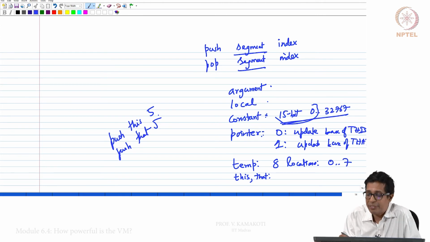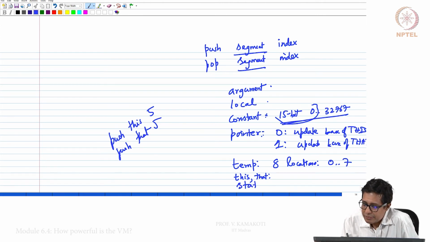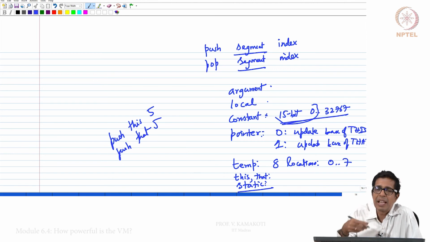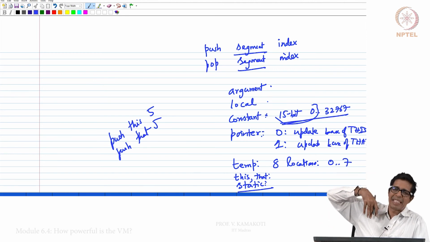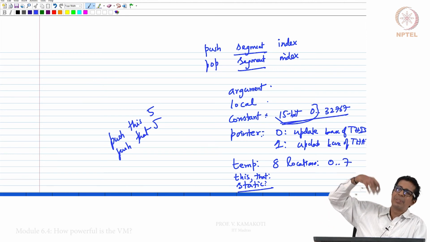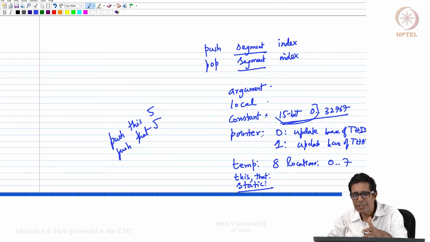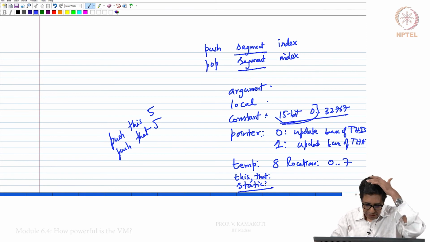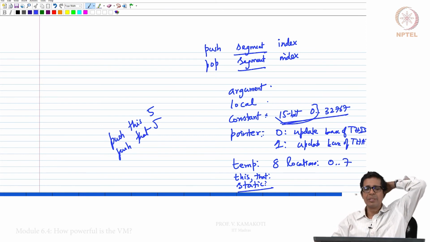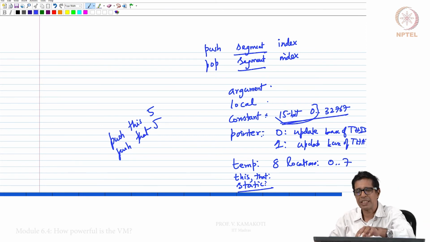Then I could also have static, because as a function I would have some static variables. Static variables will be stored separately. So essentially you are now seeing 8 such segments, 8 such things that can go as a segment.